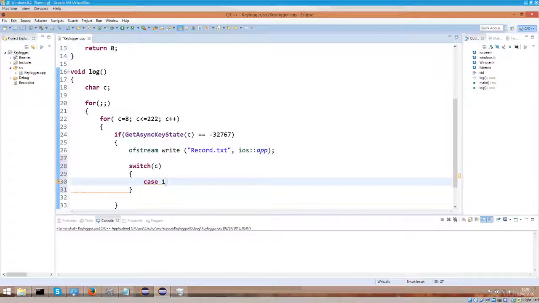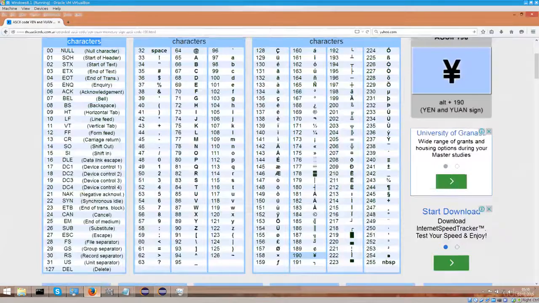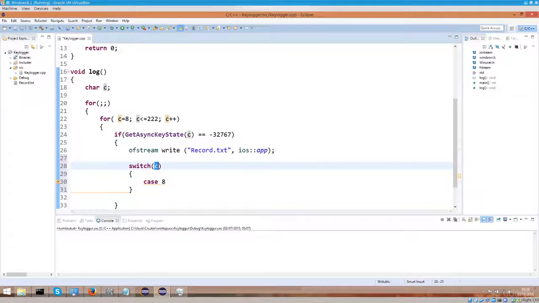Case 1. Actually, no, not case 1. That would be stupid. Case 8. So if C character has a numerical value of 8 in ASCII, that means it's a backspace. So here it is. It says backspace. Okay, no problems. Let's just do it here and type in a colon, not a semicolon here, space, and then we're going to use